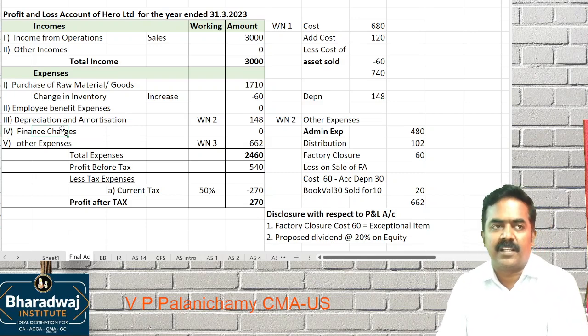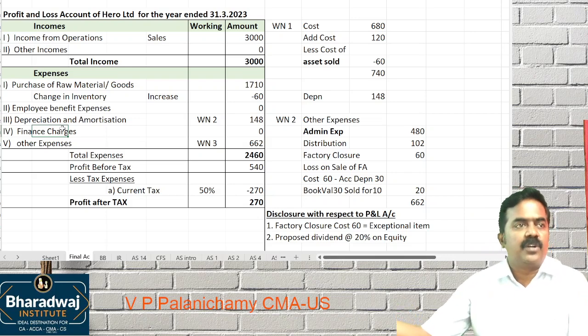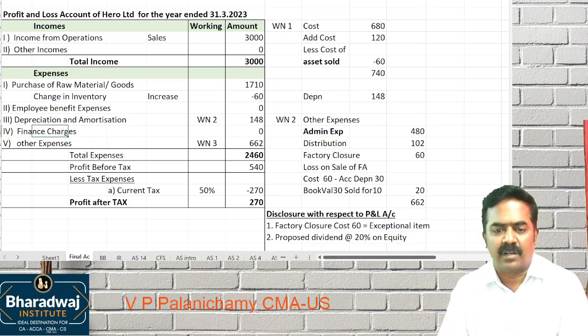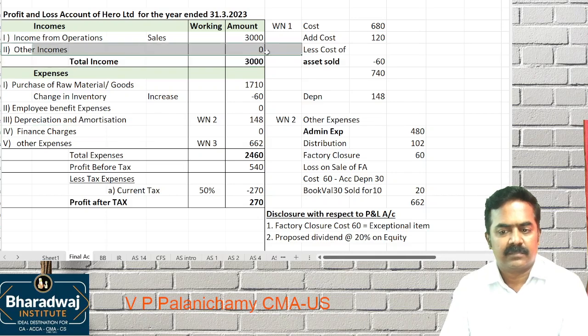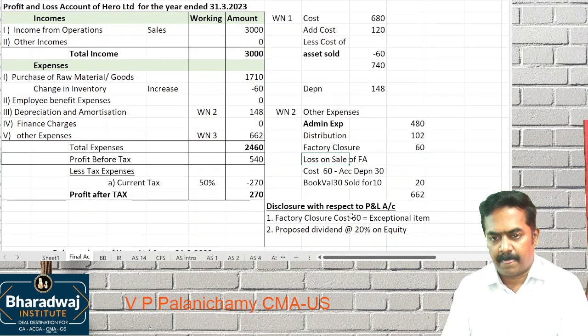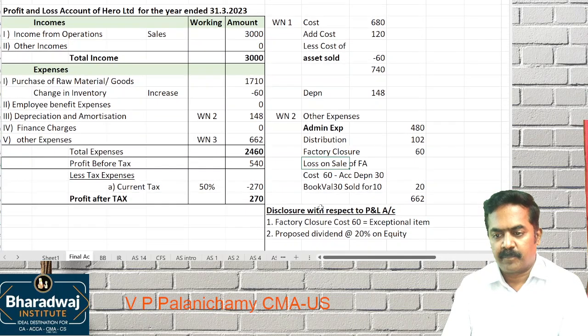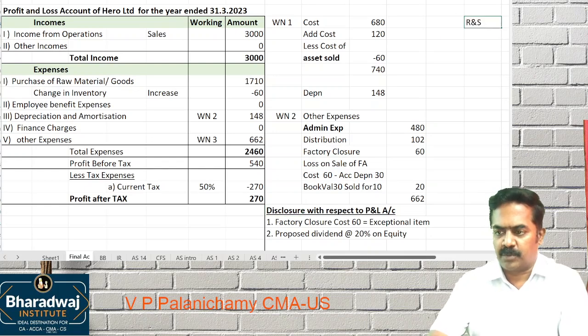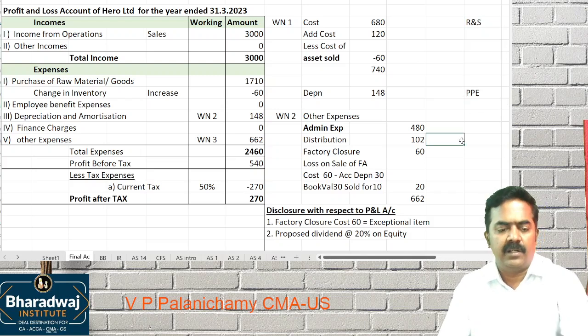It will come in what? Other expenses. If you would have sold for more than book value, like 40,000 or 45,000, it would have come as which one? Other income. So for the balance sheet, two important working notes for classroom point of view: reserves and surplus, and plant, property and equipment. Do that, then we'll check, or we'll do the balance sheet next.